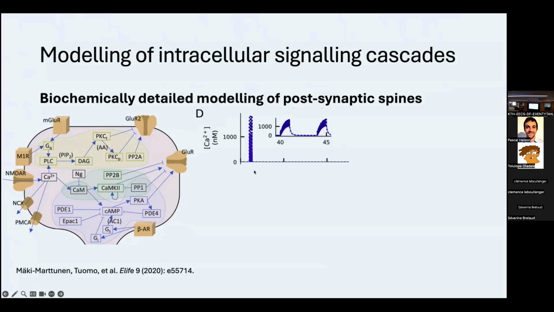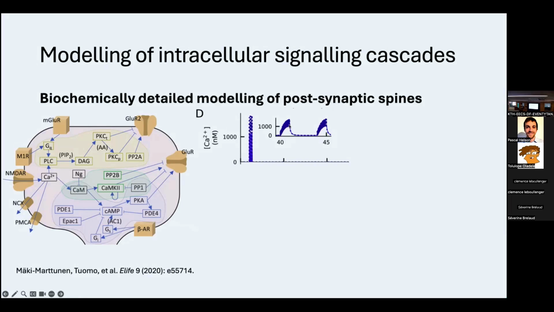And so here we give the synaptic spine just an input of calcium. You don't see it well here, but there are actually 4 high-frequency trains of calcium inputs. Here it's zoomed in. So starting at 40 seconds, there are 100 inputs of calcium, and that leads to calcium